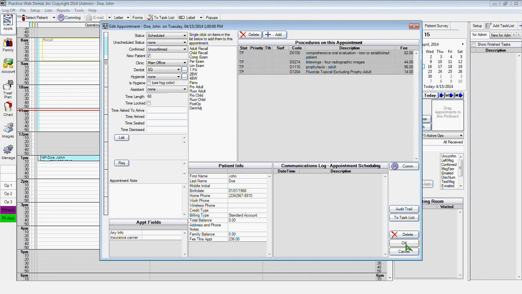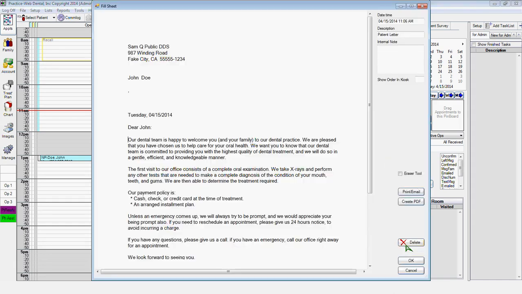Go ahead and click OK to save this appointment. Now, the next screen that came up, you'll notice, is a letter. Web software contains a framework. It's called Automation Framework. Whenever you create a specific type of an appointment, or if you're completing specific types of